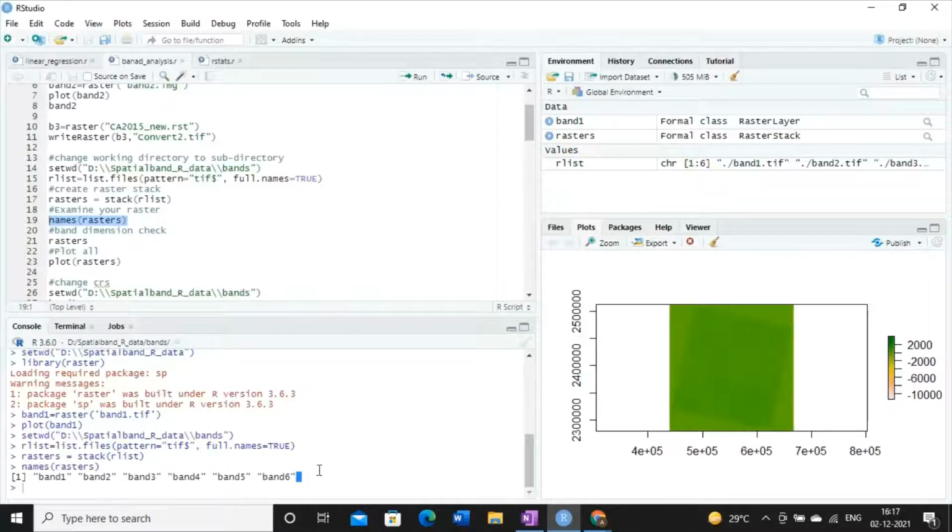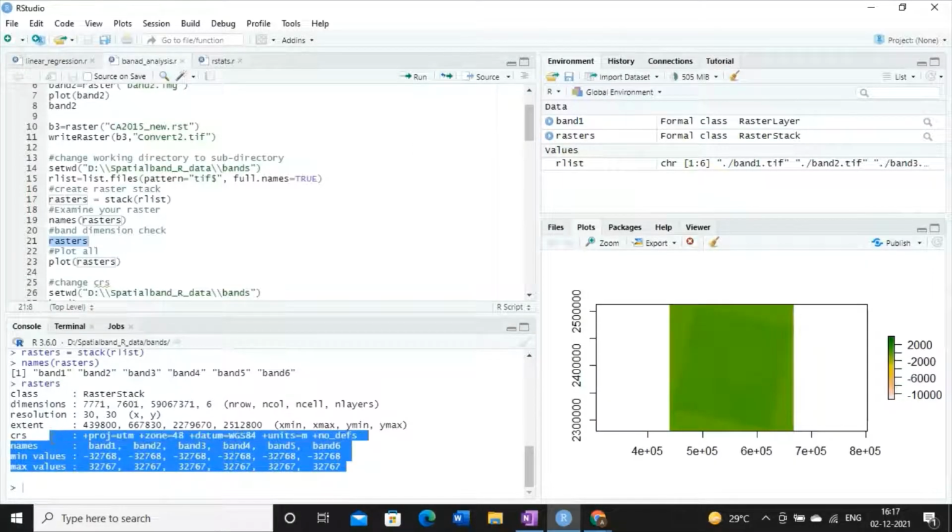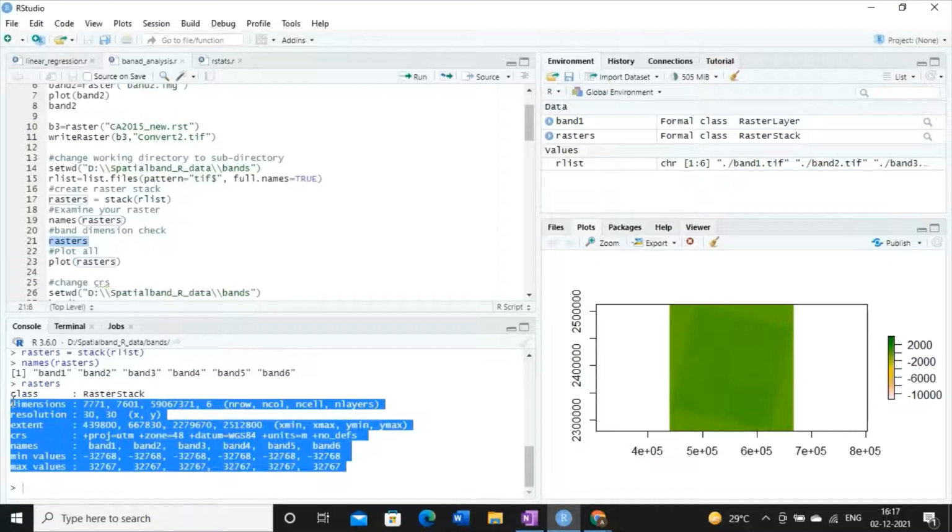So all the bands are now in the variable rasters. Right? Now, if I just write the variable name where I have stacked the R list, then see what it will show. It is showing the